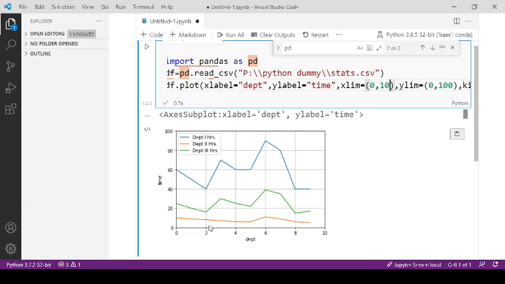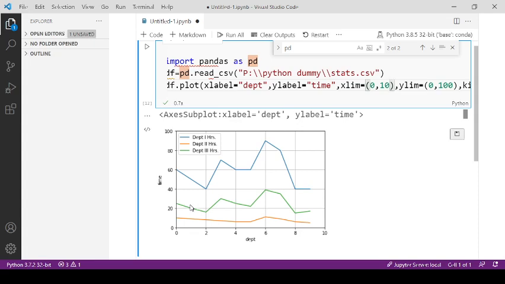So now it is clear. For the x-axis the limit is 0 to 10, and for the y-axis the limit is 0 to 100, right? So using xlim and ylim, we can set the limit of the axis, and to show the values on the y-axis and x-axis, we can use xticks and yticks as we have discussed earlier.